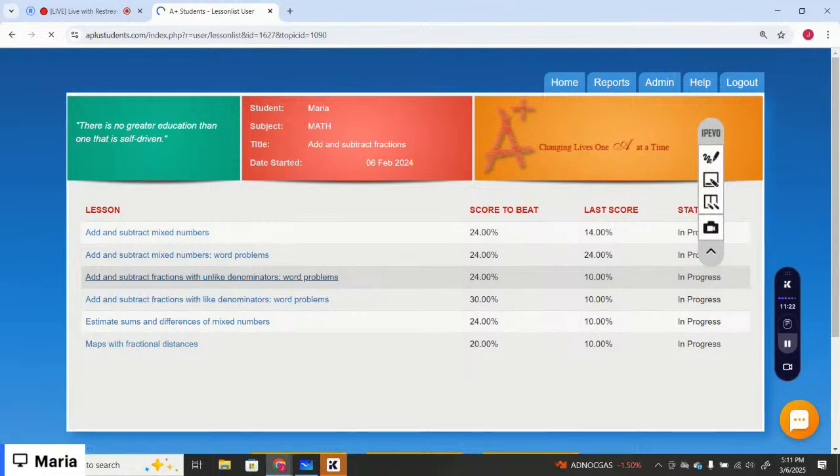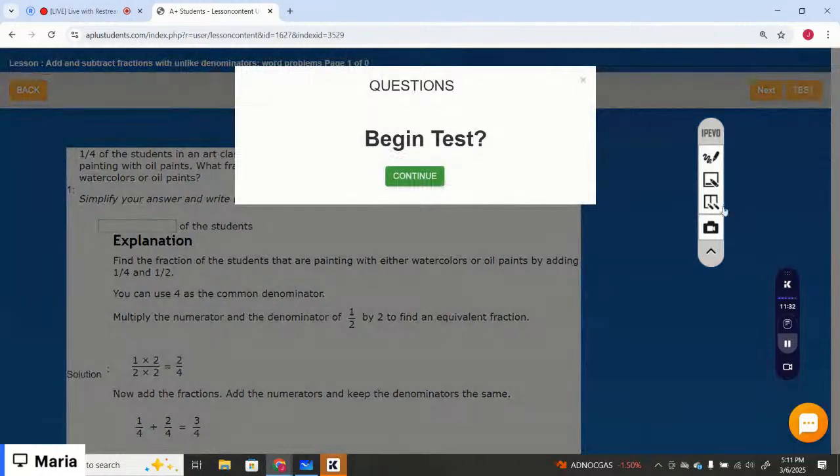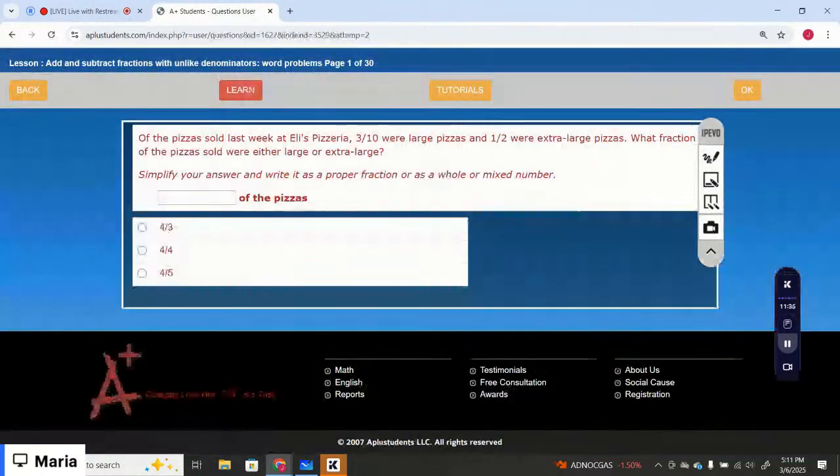Add and subtract fractions with unlike denominators, word problems, that is a very important lesson. Let's just see how do we add the fractions with unlike denominators, right? I'm going to start with the test questions. So first thing you need to know is what are the unlike fractions? Unlike fractions are the ones that have different denominators. For example,